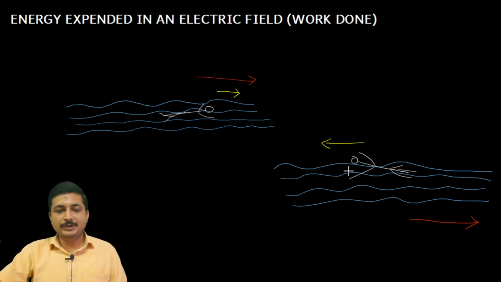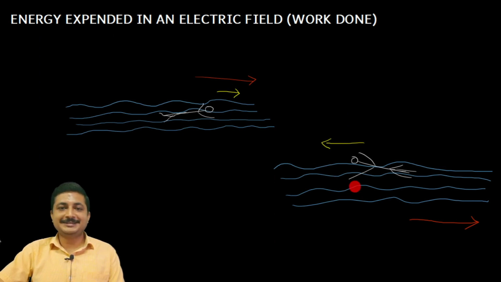Now, how are we connecting this to energy expended? In this case we consider that you have enough energy in you and you are swimming in the direction of the flow of water. If you are asked to swim 200 meters, maybe you can swim this 200 meters because you can save energy while swimming in the direction of flow of water. If time doesn't matter, you may float on the water also. The water will take you towards your destination of 200 meters.